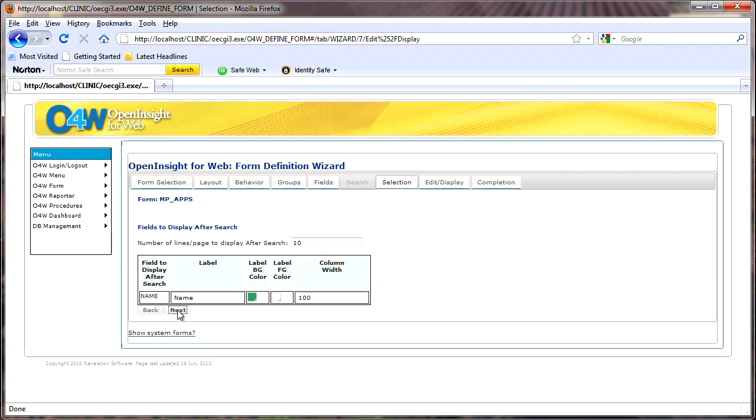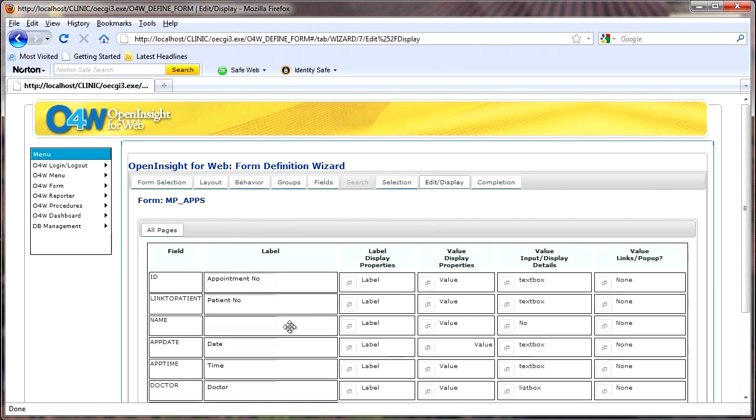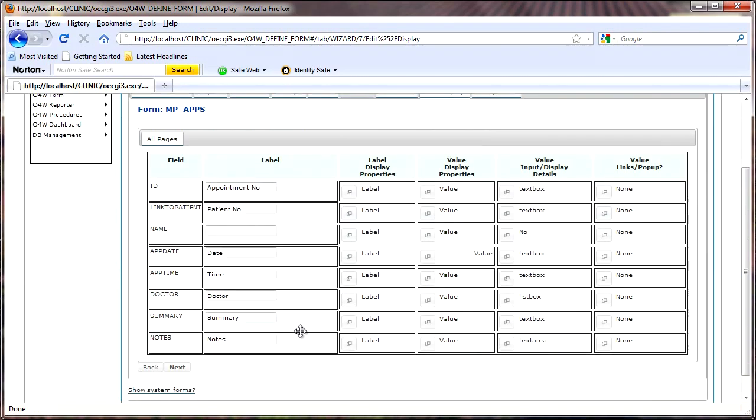When we're done, we'll click next, and we're taken to the edit and display screen. Now, this is quite a busy one. Just move that up slightly so you can see. Now in here, the first thing we'll look at are the labels. So the appointment number we're happy with, patient number we're happy with. For some reason name has not come across, so we'll put name in there. The appointment date, well, that's just date, so let's just change that to appointment date so that it makes a bit more sense. We'll Control C and paste that into there for appointment time,